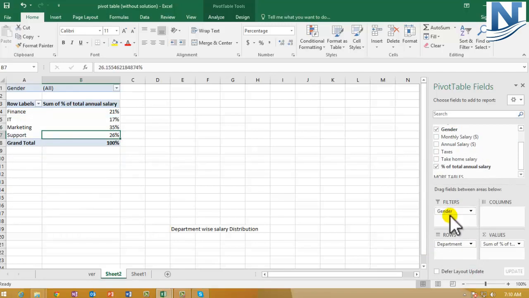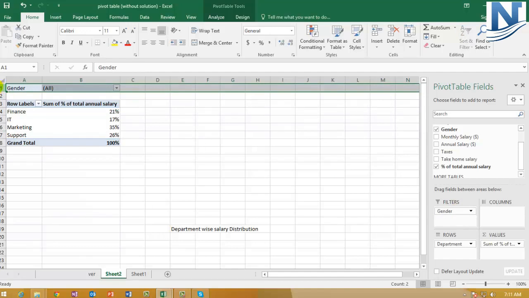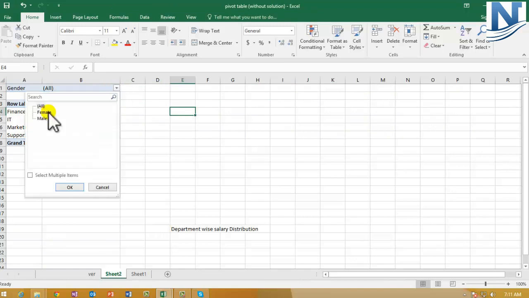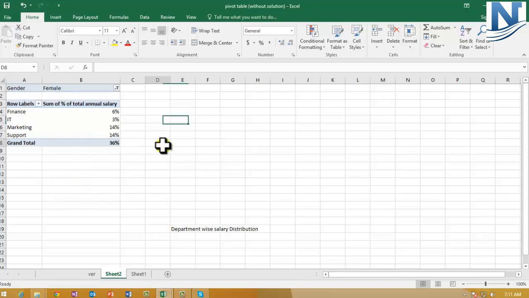Once I drag gender under filters, you can see one more row is now visible wherein the gender selected is all. If you click on this drop down menu, you can select only the female employees. So for all departments, only the female employees' salary will be visible. I select this and click.